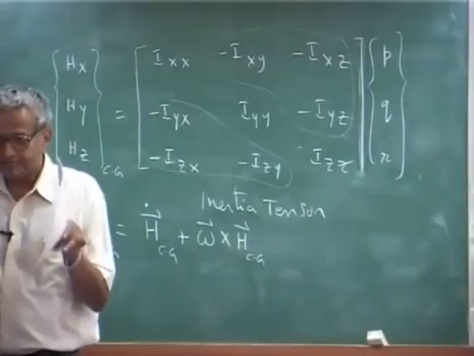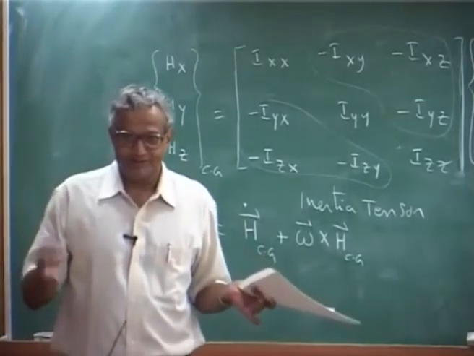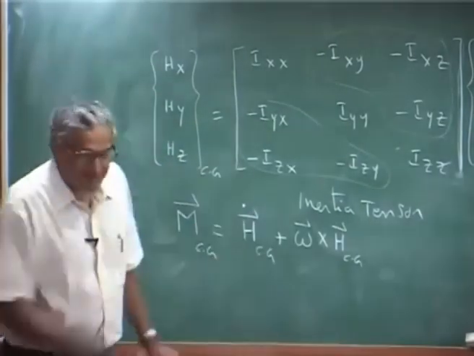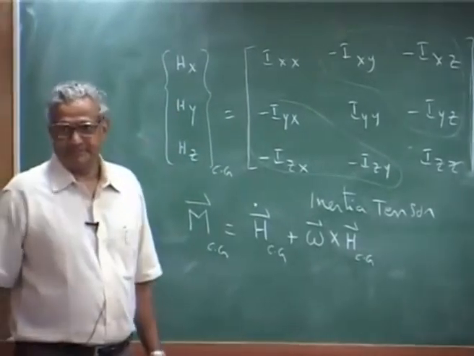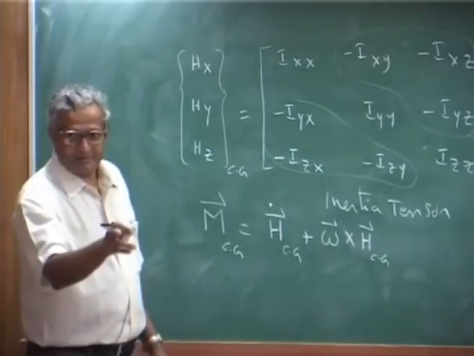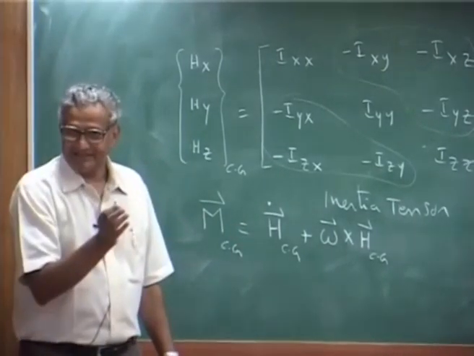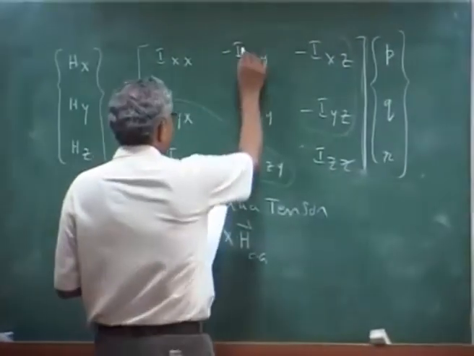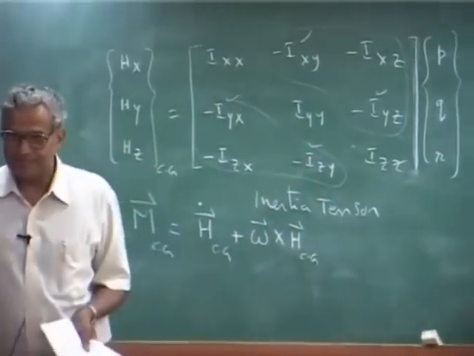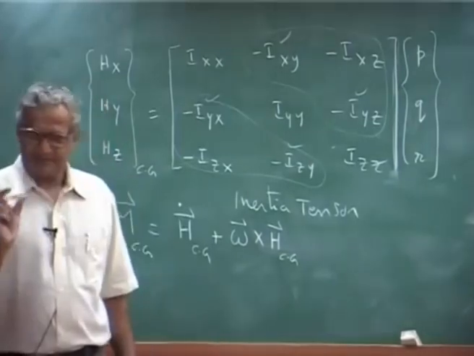If it is a symmetric body, okay, if it is a perfect sphere, then the cross product is 0. You will have Ixx, Iyy, Izz, okay. But if it is a symmetric body about one plane, which is the longitudinal plane, then for every plus y, you will have a minus y, okay. So, wherever y is there, they will go off. That means, these quantities, they will go to 0, but this will stay, Ixz,